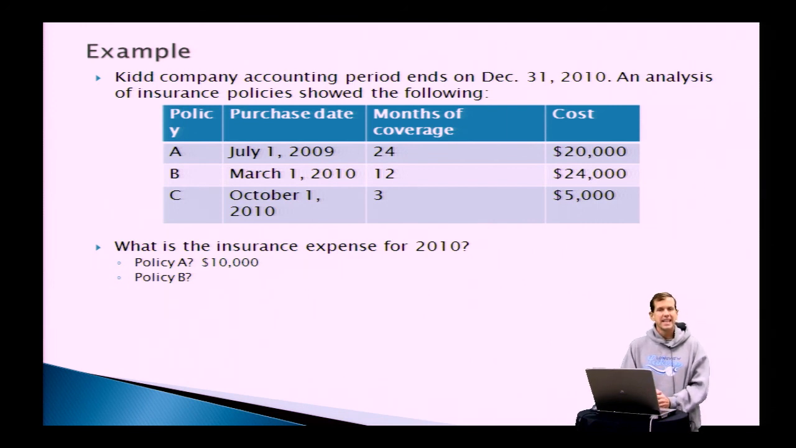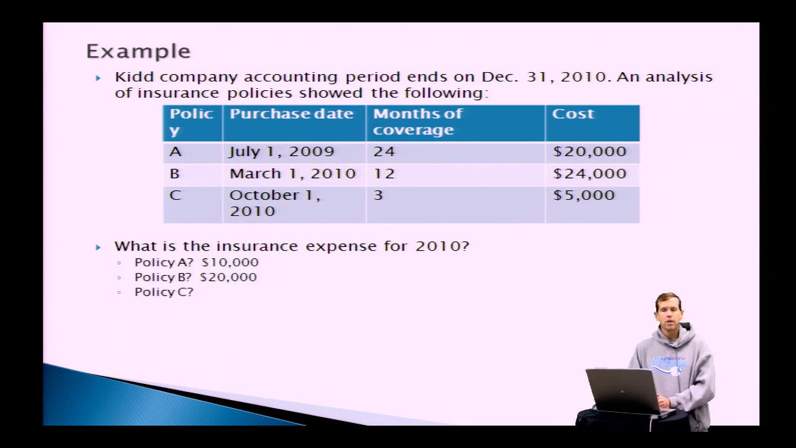Okay, let's translate that to dollars. Well, you can see it's a 12-month policy that cost $24,000, so we made it a nice easy calculation there that this policy expires at the rate of $2,000 per month. If we used up 10 months worth, by my math anyway, that's $20,000 cost. So policy B, we have $20,000 of insurance expense in this accounting period. All right, let's go to